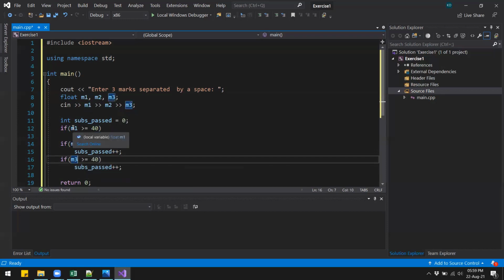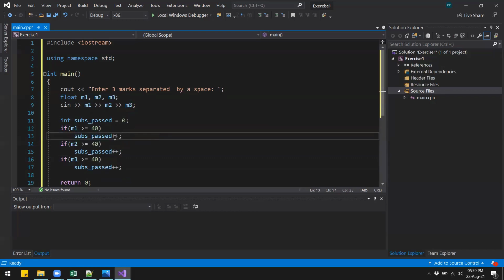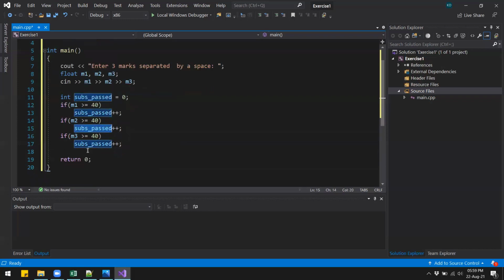So if mark 1 is greater than or equal to 40, we'll count that as 1. Then if mark 2 is greater than or equal to 40, we'll count that as 2. And if mark 3 is greater than or equal to 40, we will count that as 3. If in any of these the mark is not greater than 40, then we will not be doing subs passed plus plus.